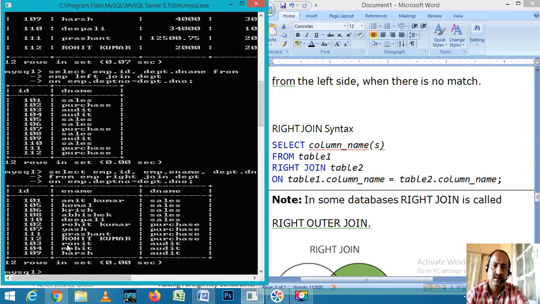Now you can check from the left-hand side table, meaning from the employee table, we are getting two values and the corresponding values from the right-hand side table.